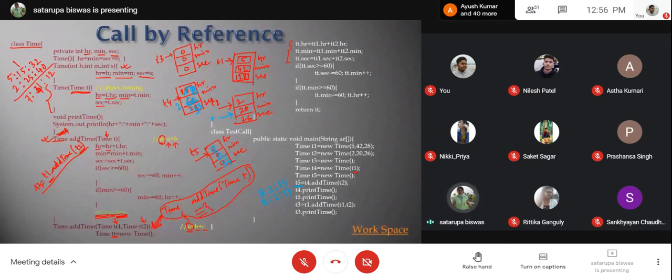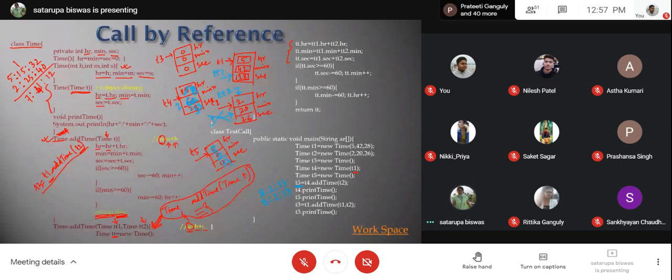Okay, so this is the implication of these two lines. After that, you have this line here where you send T1 and T2 to the add time. So that means it will be coming to this function. So TT1 will refer to T1 and TT2 will refer to T2.